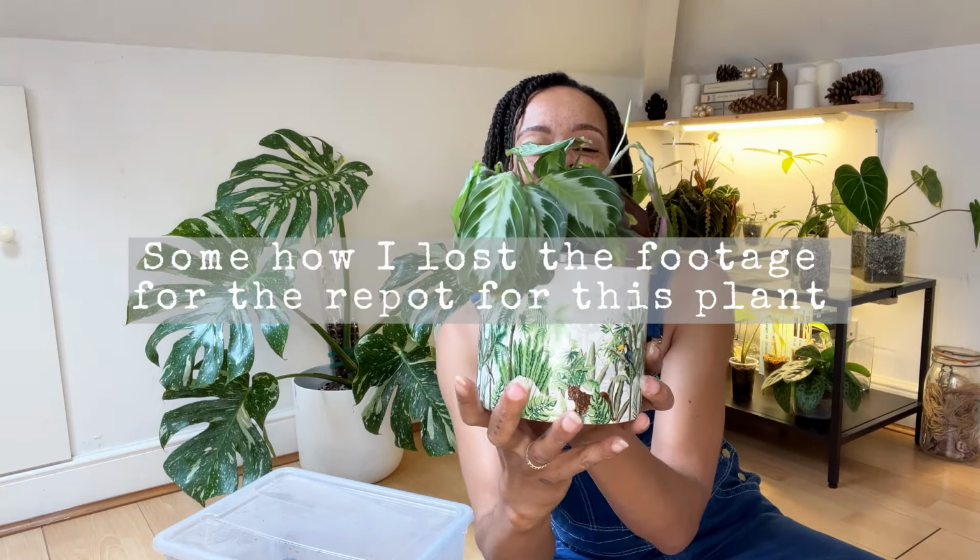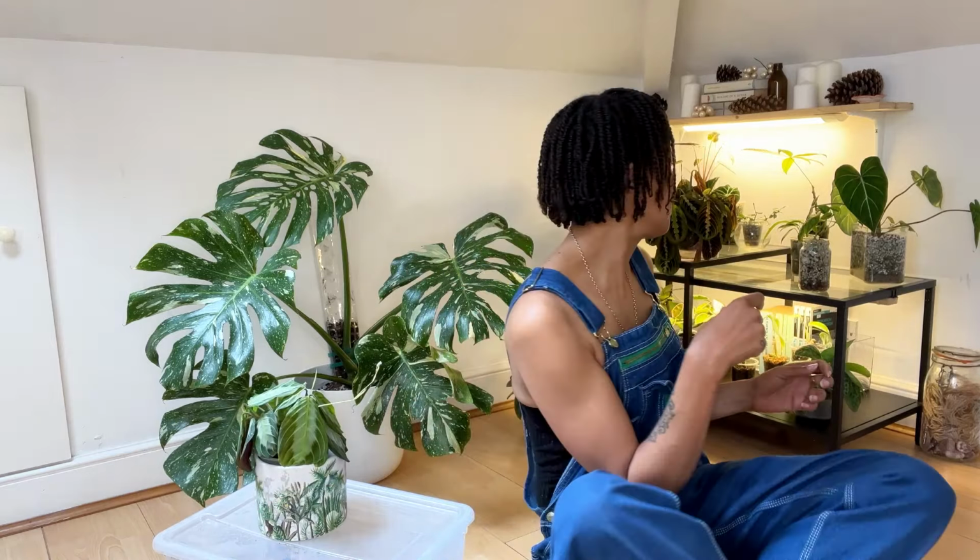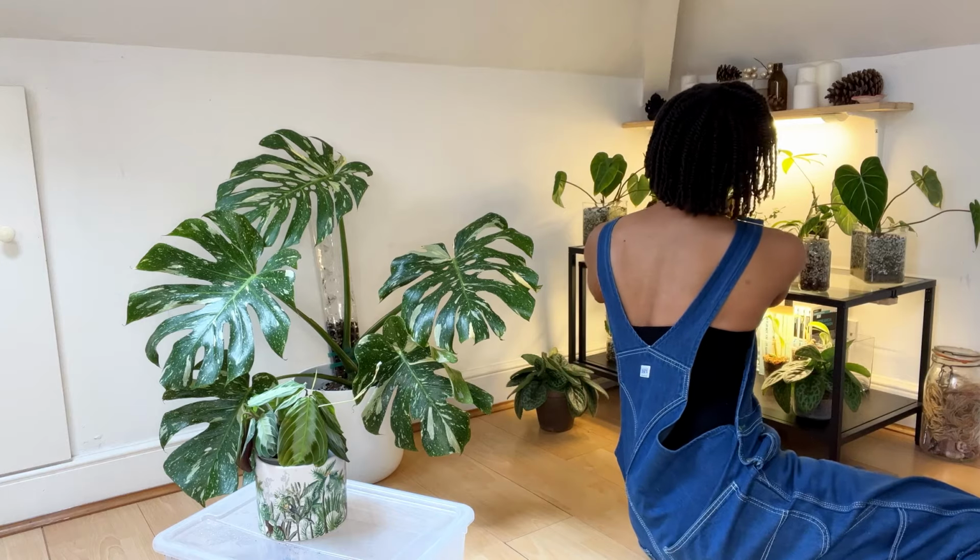And got the Marantaceae silver band looking pretty cute. And then the other plant, which I need to find a nice pot for, she's not looking particularly happy right now, but hopefully she'll just settle down. We've got this one in some brand new soil also, which is fantastic. And then all three of these plants, in fact maybe I'll just sort out all the Marantas